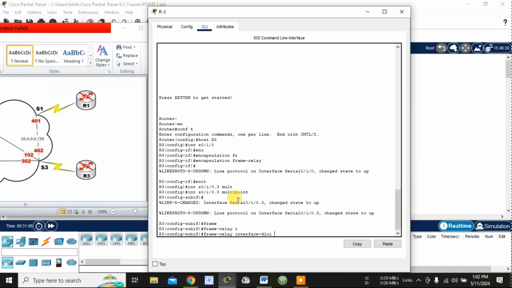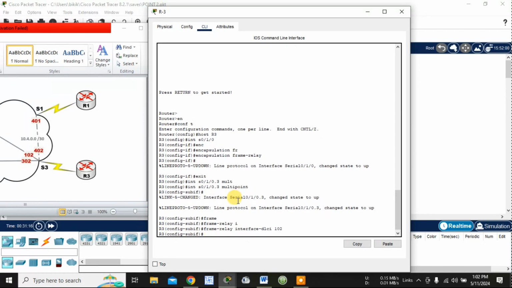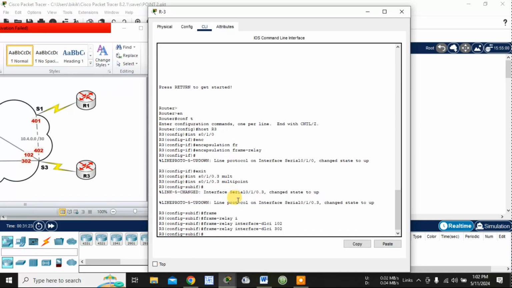What are the DLCIs present here? 102, and next one is 302. But remember that 402 in the router 3 which is present here, it is a one type of point